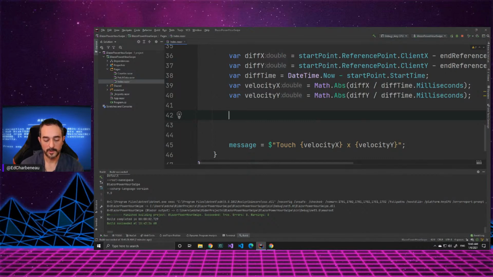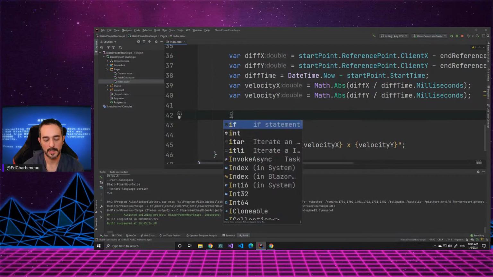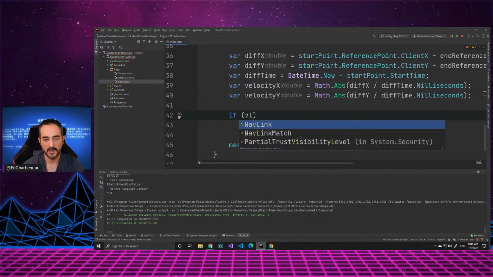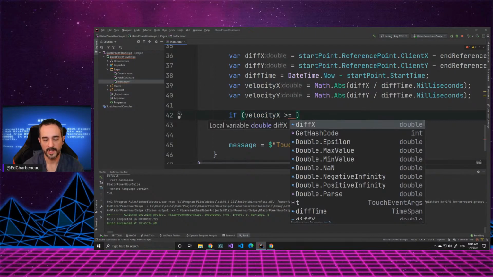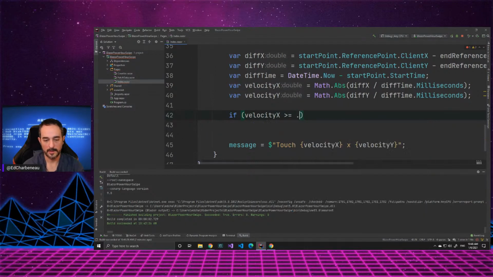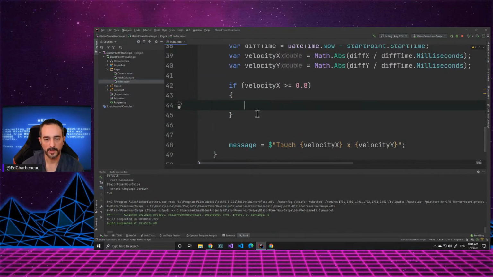The first thing that I want to do here is say, well, let's go with if the velocity of X is greater than some number. So just playing around with this for a few minutes, I found out that about 0.8 is enough to determine whether it was intentional or not. So we can try that. We can put if the velocity of x is 0.8 or greater, then the message will say,